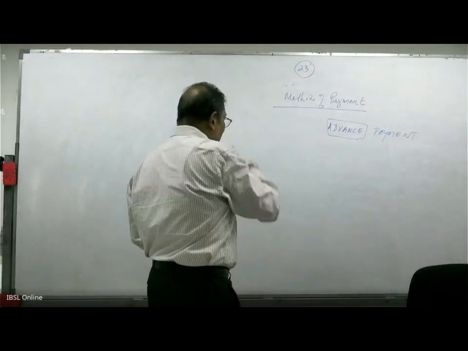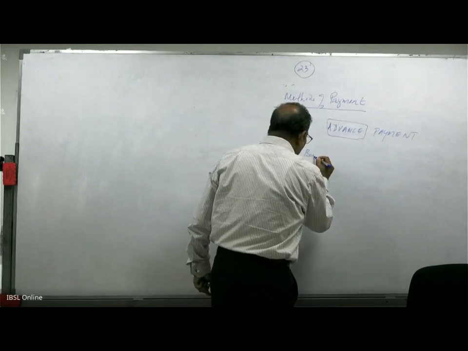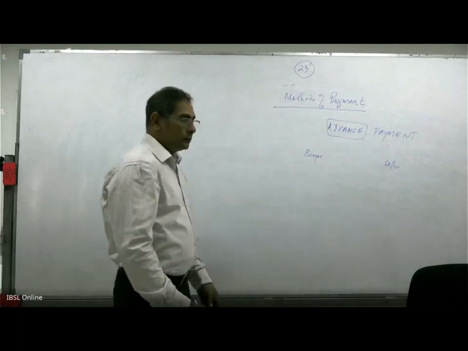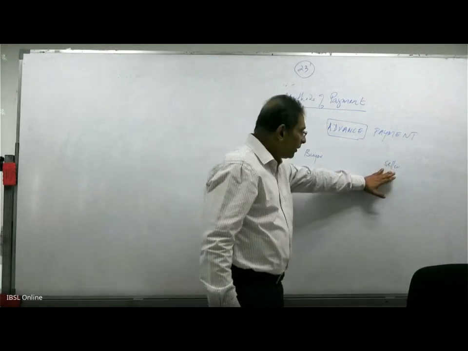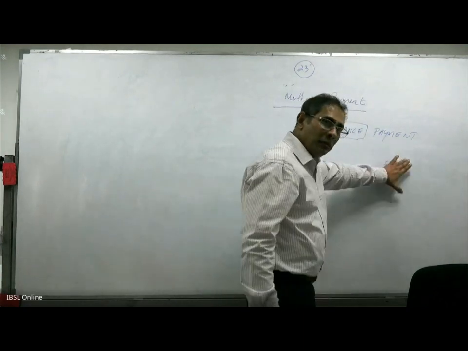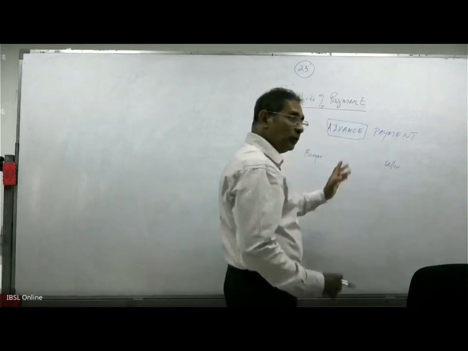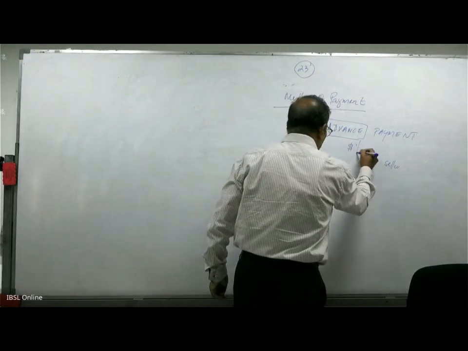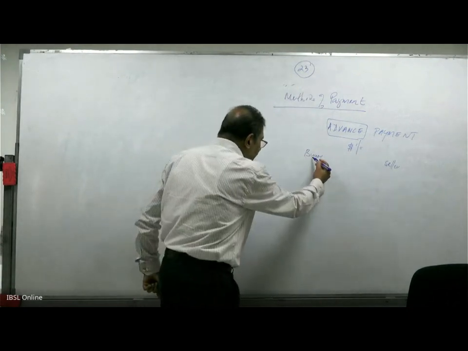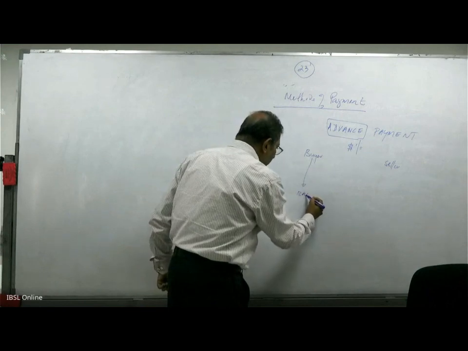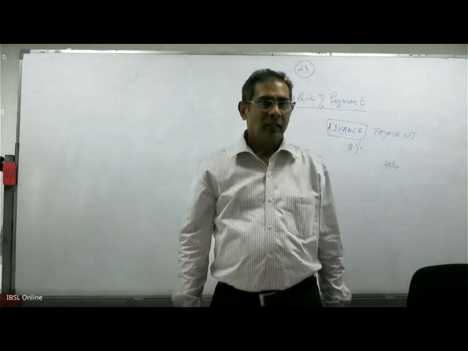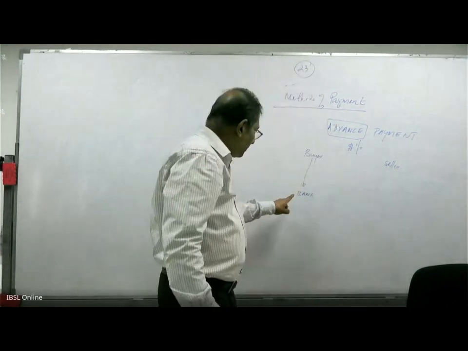Now here you have the same parties, buyer and seller. The seller will not perform. Now you know what a performance is. He has to sell the goods and the documents. He will not do that until he gets the money across. So we assume the value of the goods is $1. The buyer will go to his banker and request the bank to remit money to the seller's bank for $1.